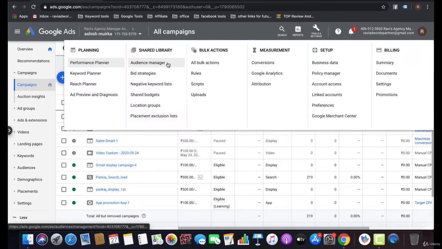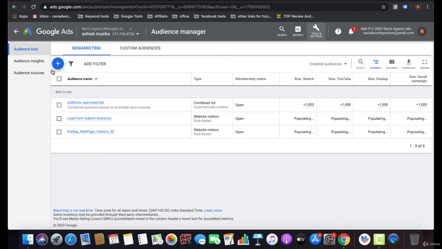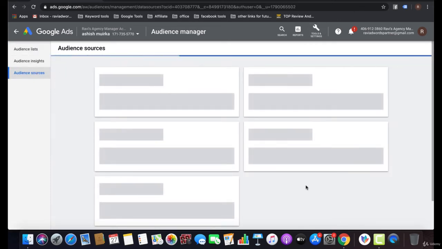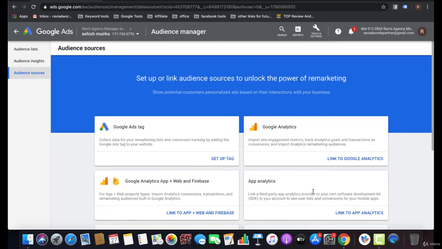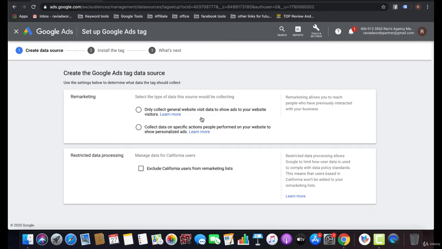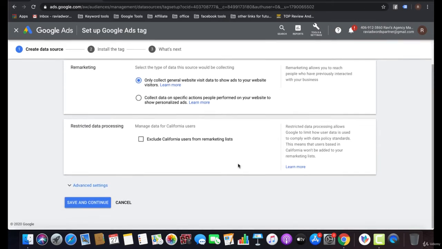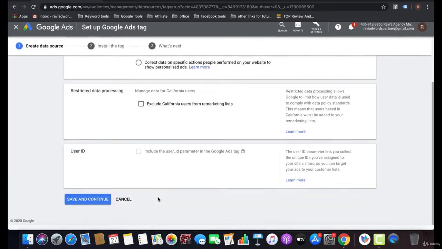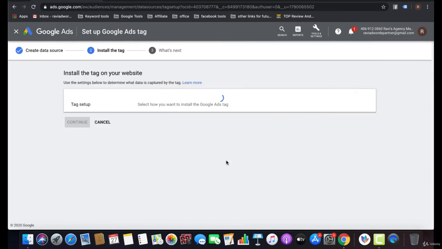Okay, wait a minute, I think we forgot something. The audience source. You are creating the audience list, but we need to set up the code as well. You need to set up the Google Ads remarketing code on our website as well.